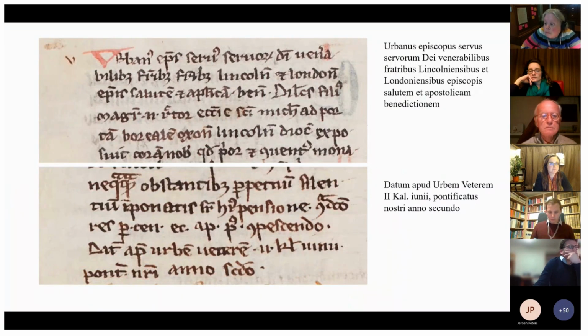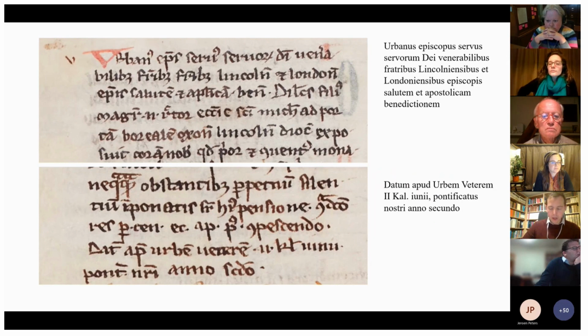A more difficult one is this. In an early 14th century copy of the Liber Extra, the decretals of Pope Gregory IX that Stephen just mentioned, this papal bull has been copied. I show you only the first and the last lines, as these contain the relevant information we need for correctly